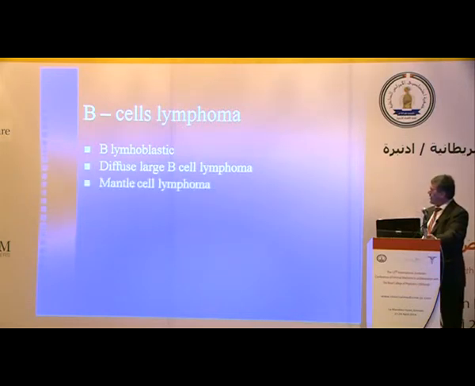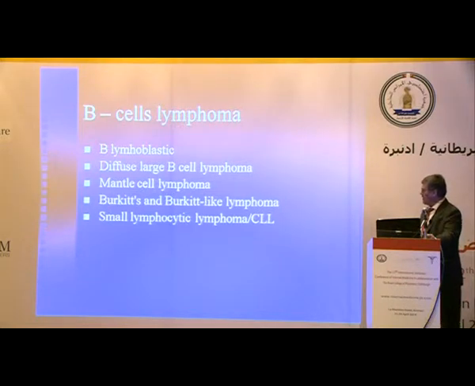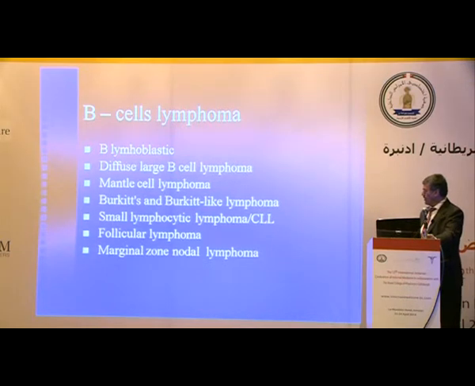The third one is the mantle cell lymphoma, Burkitt's and Burkitt's-like lymphoma, small lymphocytic lymphoma, CLL, follicular lymphoma, and marginal zone nodal lymphoma, extranodal marginal zone lymphoma, or what's called MALT lymphoma, and finally we have the